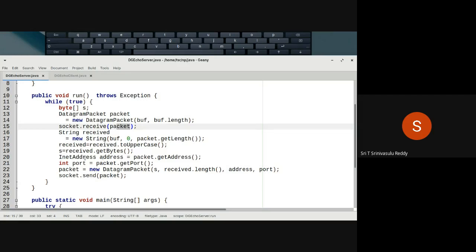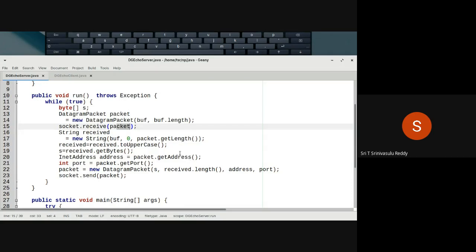There is a class called InetAddress, an internet address related class, to store the IP address. The corresponding class is InetAddress. Variable name is equal to the IP address of the client that is available in the packet, because at the end of this receive, the packet will contain the IP address of the incoming packet. So how do you get to know that? By using packet.getAddress.